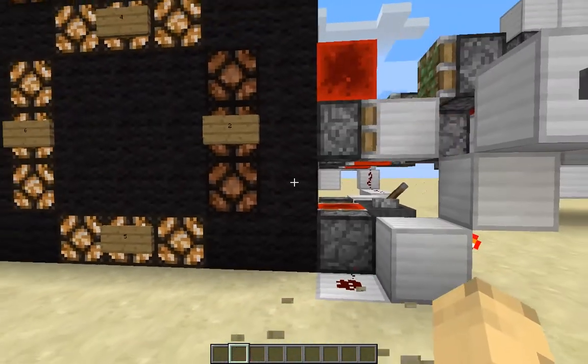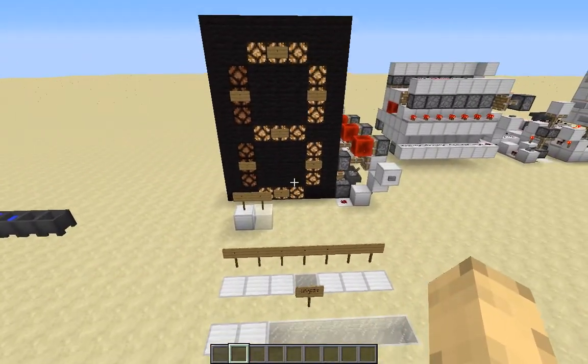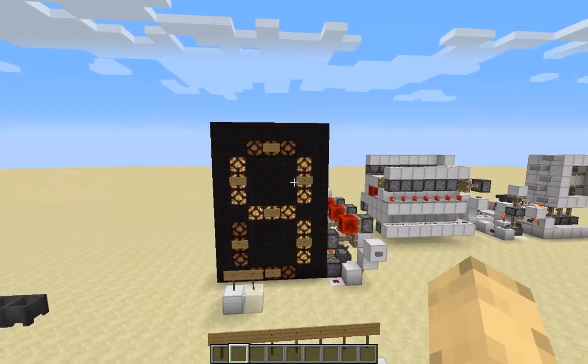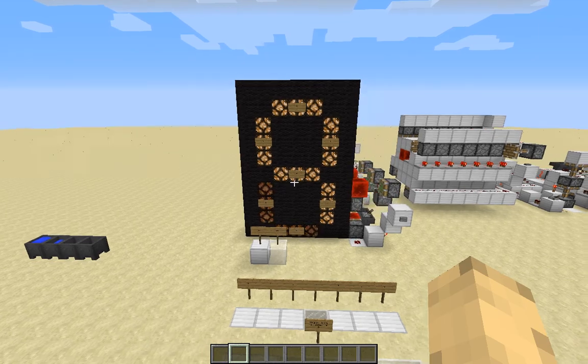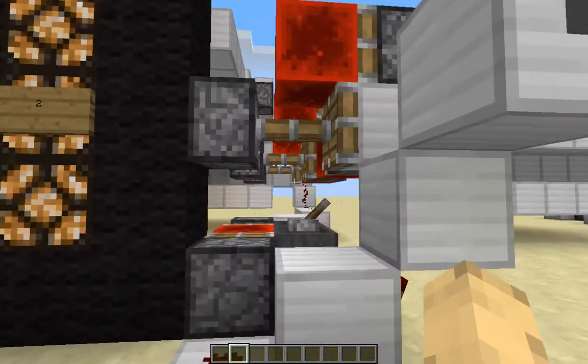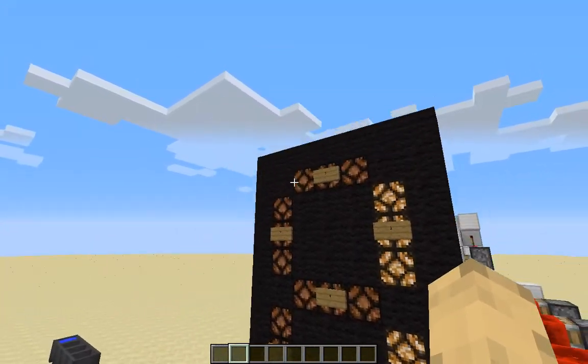And if I turn on that clock, it'll just cycle through all of them. It goes through all numbers 0 to 9, so you could technically use this design to create a clock if you wanted to, like an actual digital clock face. And let me turn that off. All right, so